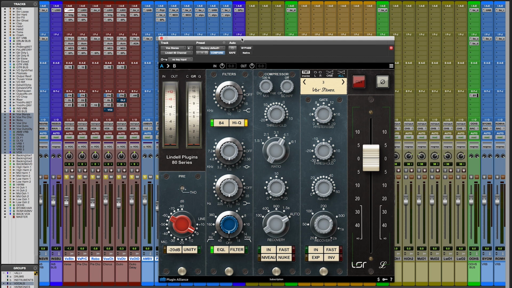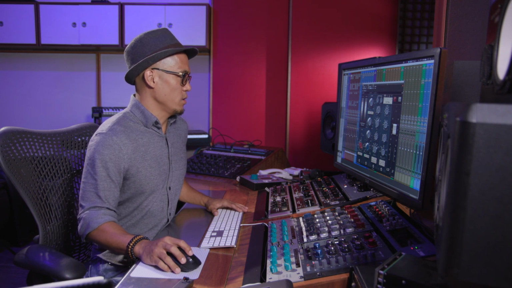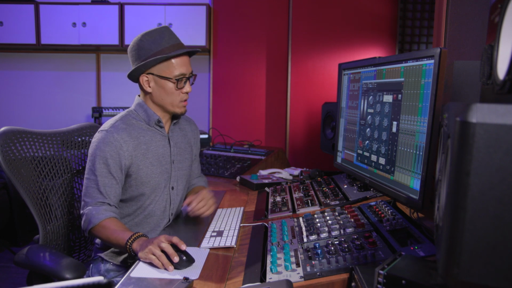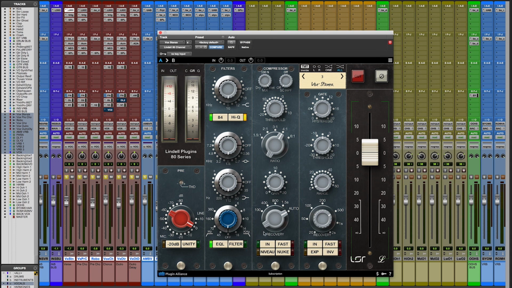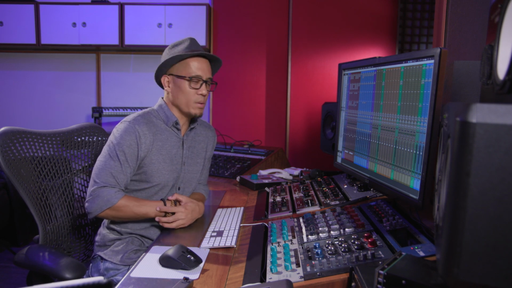So the first plugin that I use on the vocals is the Lindell 80 series. If you ever noticed, I'm only using the EQ section of it, as well as the fader. So I automated it because I don't want the compressor that I'm going to use after that plugin